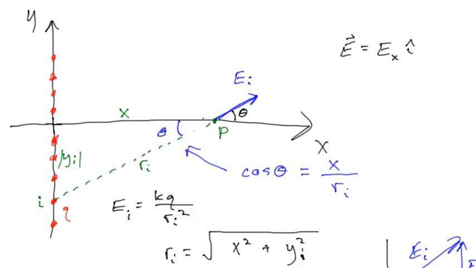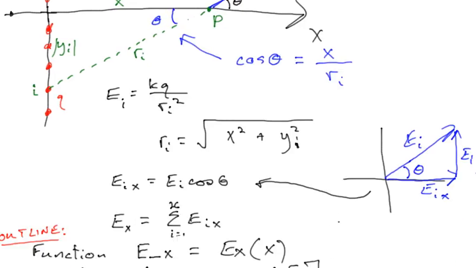Now, what I got to worry about is that if I'm to the left here, I realize for the graph we don't have to worry about to the left, but we still want our function to be working at all points. So if point P is to the left there, the E sub x should be negative because all these are positively charged particles, so I know the total E is going to be pointing away from that. So let's see if that works out. And I actually think it does in our code,